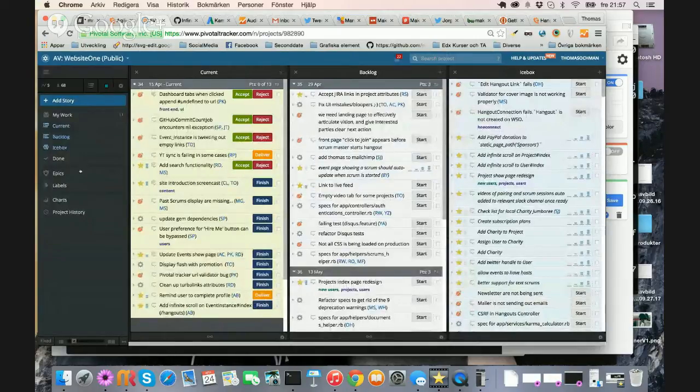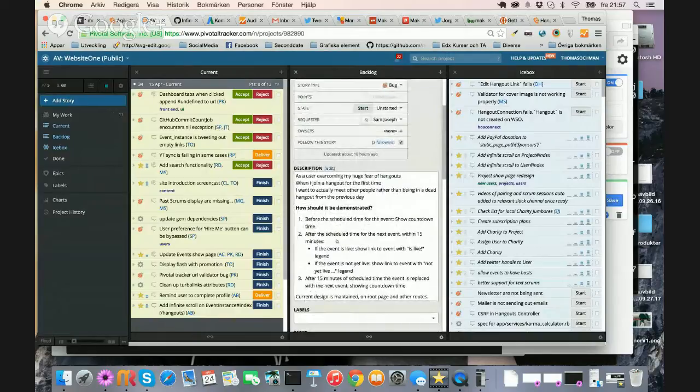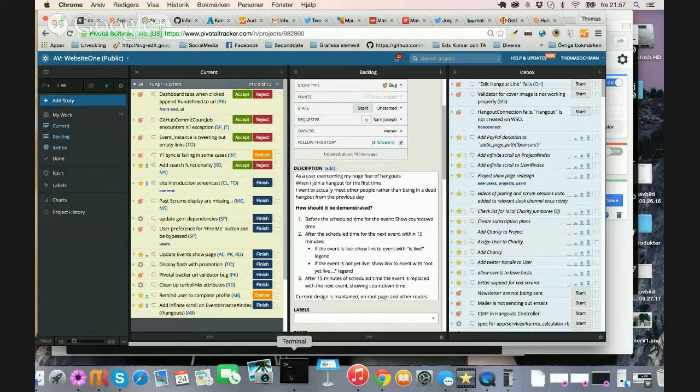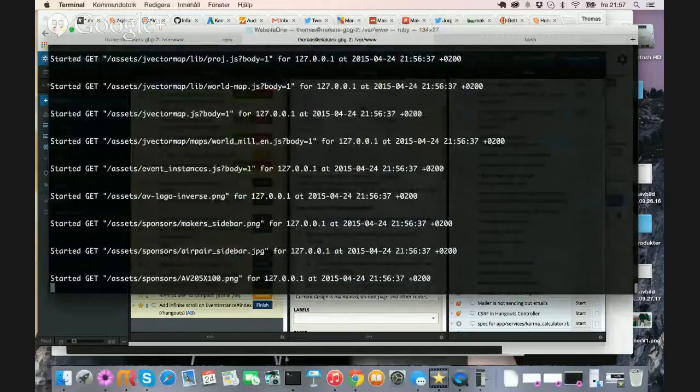So I wrote how should it be demonstrated: schedule time after schedule time, next week with the 5th. But the thing is that someone told me, and I wrote this. I'm not sure if this is correct.